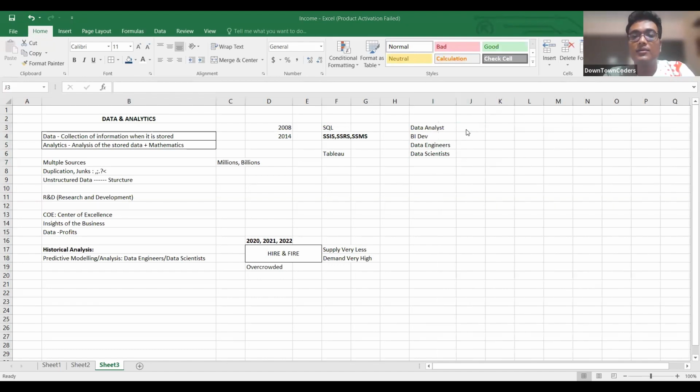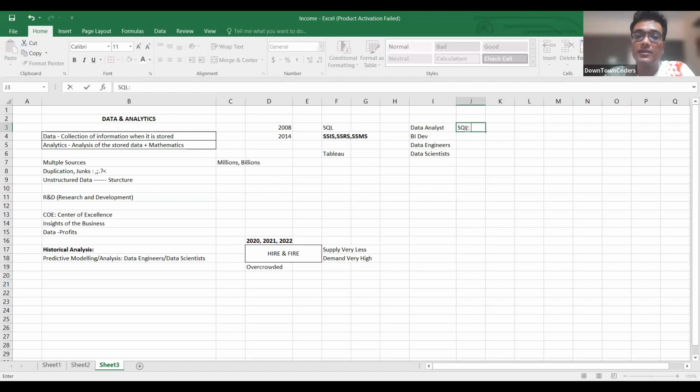Data analysts. Earlier, Tableau, Power BI, these kinds of visualization tools were not there. There were only some specific applications present. Microsoft introduced the concept of database. Before relational database management systems, we were working on other database management systems as well, like file management systems and all. We will talk about that in our next class.